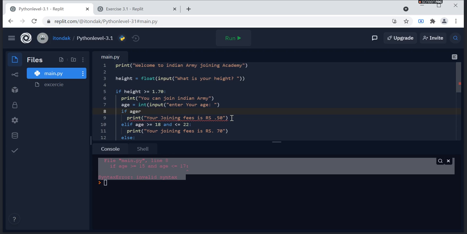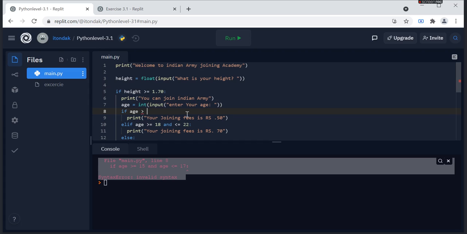If age greater than 15, if age greater than 15... no, this is a double quotes.